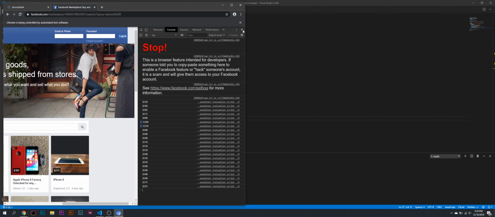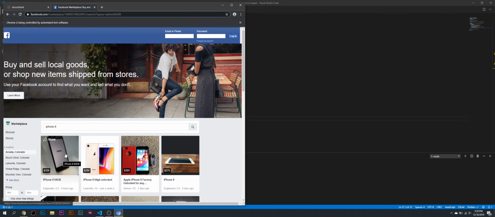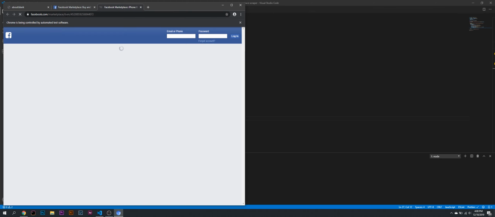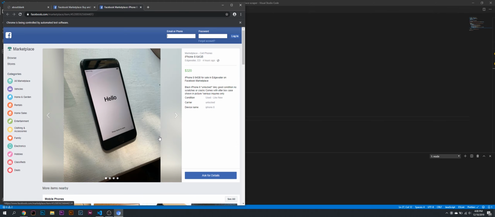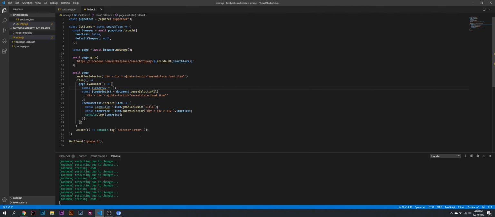The next thing we're going to want to grab is the image, or actually, if you open this in a new tab, there's a URL with the actual item here. So let's go ahead and grab this marketplace URL because we're going to need it later. So we'll clear out this console. We'll go const item URL, and we'll set it equal to